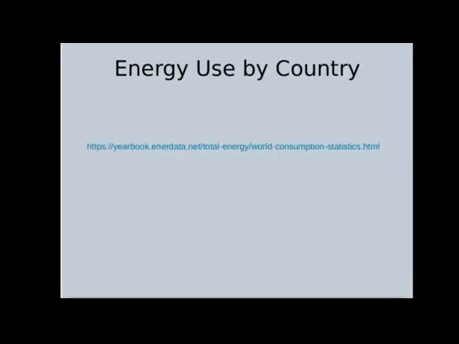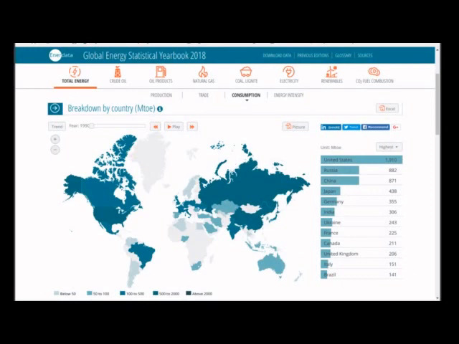So here I'm going to show you some data from a website that collects statistical data on energy usage worldwide. I'll put the link in the slides so you can take a look at it yourself. So if you click on that, you can go straight to this webpage I'm about to show you. And there is the webpage. So here we're looking at worldwide energy usage in each country in 1990. So each country, 1990. 28 years ago.